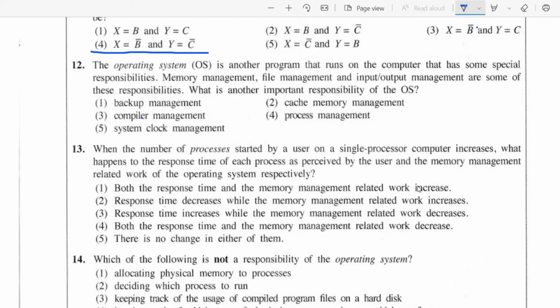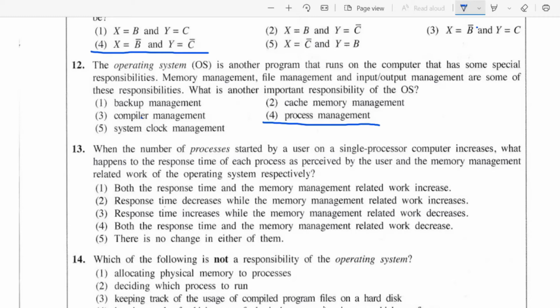So we can use compilers with different programming languages like Java, C++, Python, C#. Different programming language tools are using different compilers, so it's up to the tool. It's not a part of operating system.